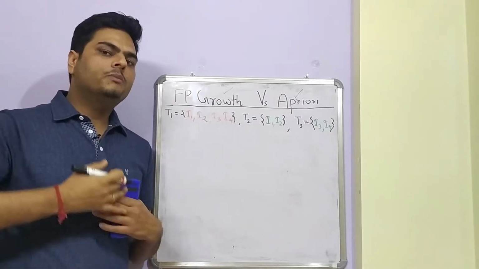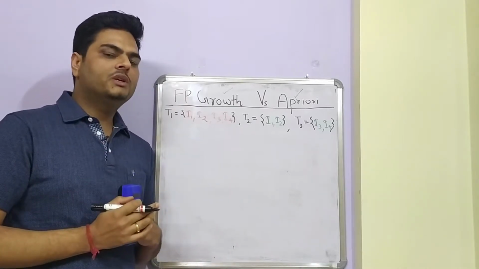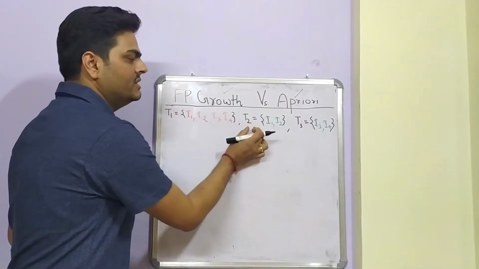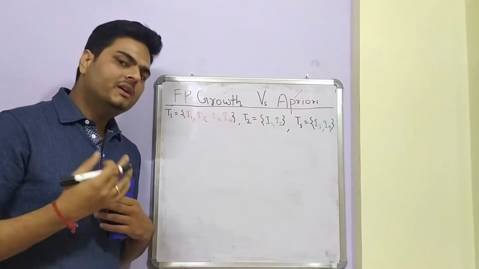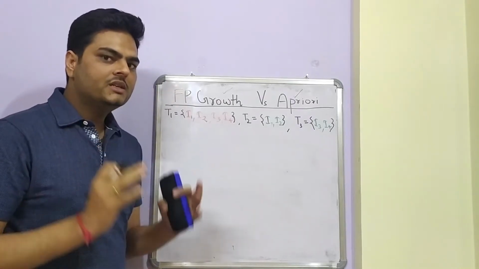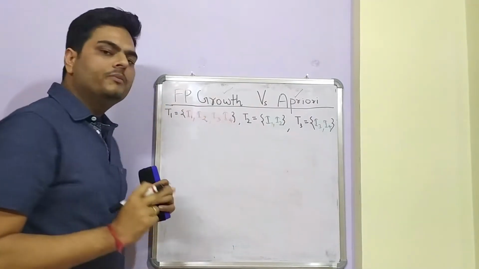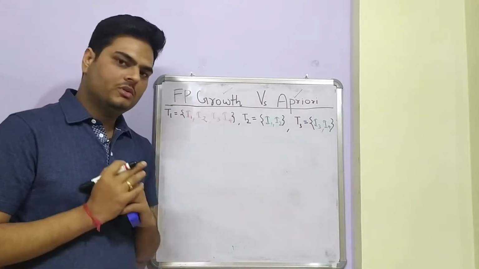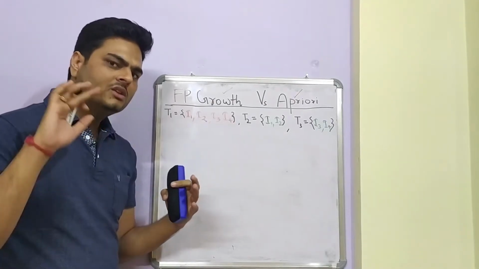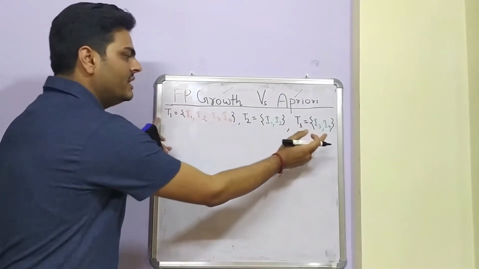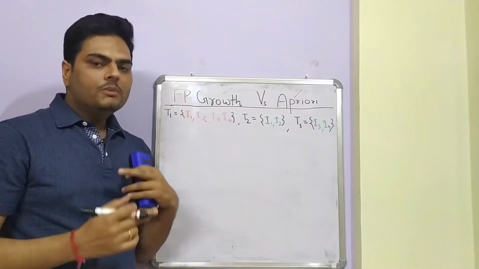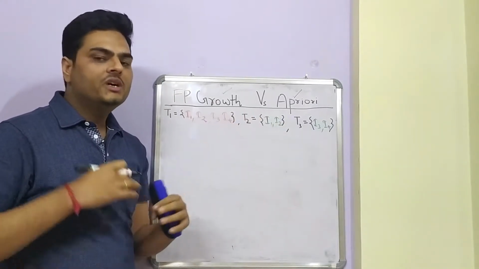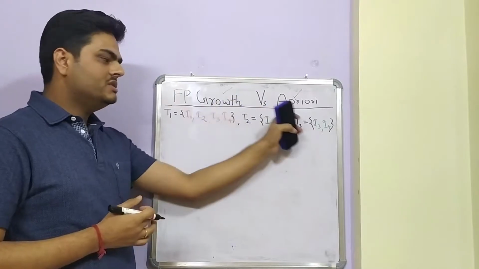Let's say you go to your nearby superstore and you request them to give all the transactions of the day to you, and these are the three sample transactions. The items in the first basket are I1, I2, I3, I4. The items in the second basket are I1, I2. In the third basket, I3, I4. So let us say you have 1 million or 10,000 or 100k transactions like this. Then what is the most frequent occurring pattern of items in those transactions? That is what we find out using these algorithms.